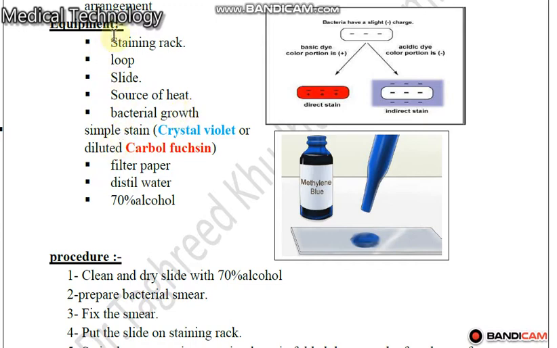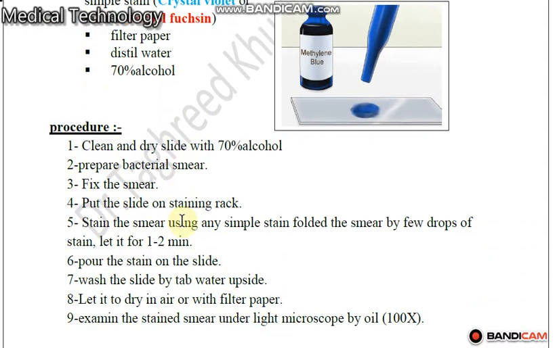Okay, we need either crystal violet or carbol fuchsin, either a blue or a red stain, filter paper, distilled water, and 70% alcohol. The procedure: